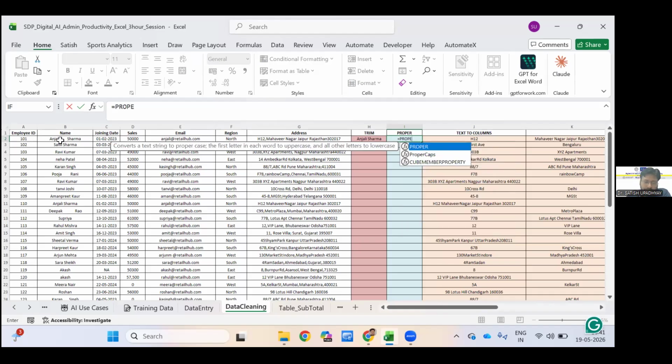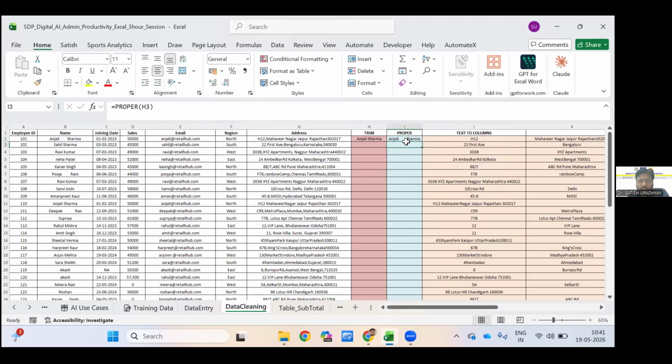So proper. Can you show? Yeah, I'm showing that. So let's say I'm going to show this one. Now, since in that case, already it is given in the proper format, so now it is coming in the proper format. Now, since what I have done here, I have used the proper from this data, in that case, the extra spaces is coming. But if I do that proper function from the trim function, then in that case, that extra spaces will not come. So what I can do, equal proper,